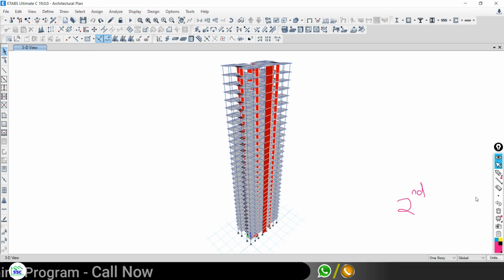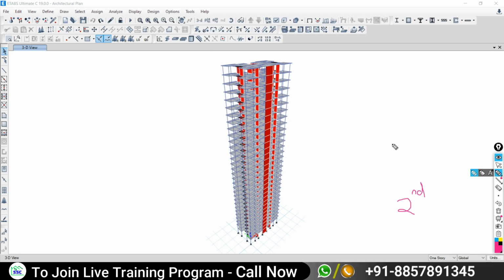But I need to select the second floor, then fifth floor, then seventh floor, all the things of the seventh floor, then ninth, 11th, 13th. So second, fifth, seventh, ninth, 11th, 13th.